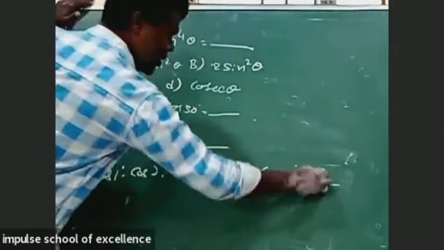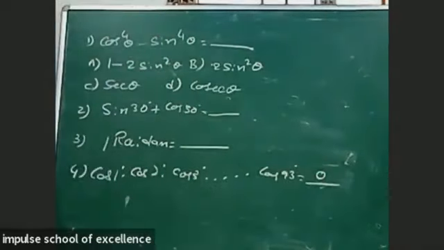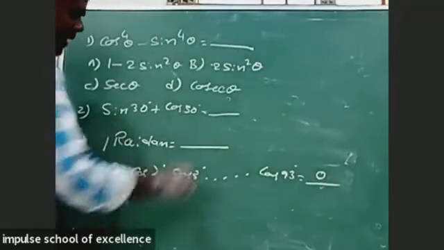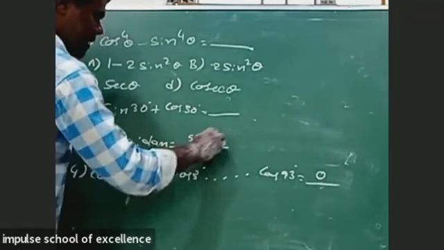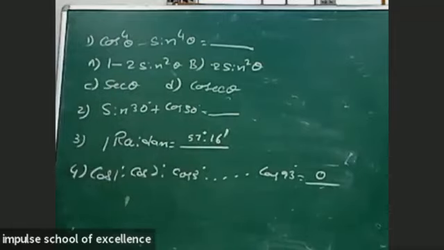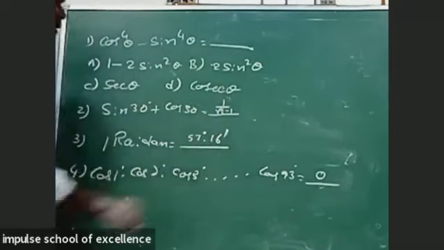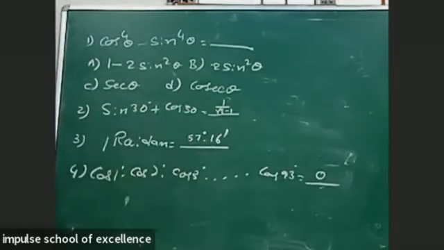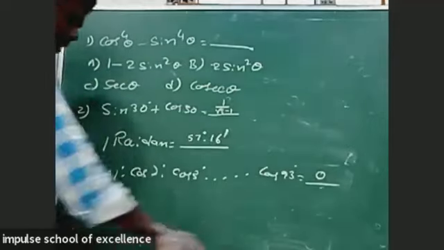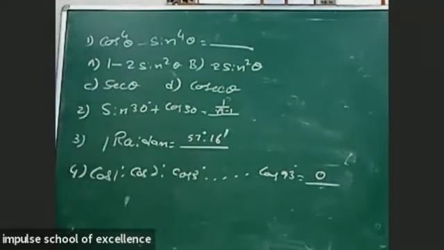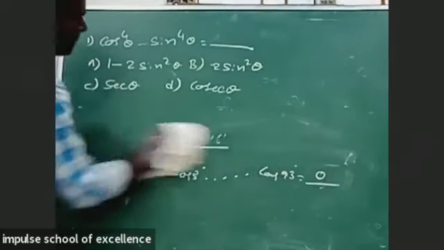So this value is 0, and we have the radius value. The radius value is 57 degrees 16 minutes, and this is the value here. Like we have the value is 1 by root 3 minus 1. If you simplify, you will get this. And let us see the first problem. So how to solve the first problem?